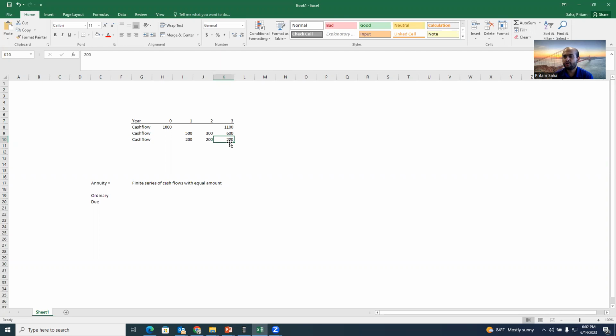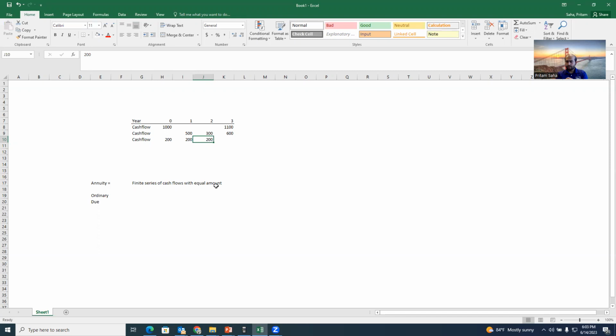Now, when you say our first cash flow will occur starting from year 1, but it's an annuity due. So due means cash flow will occur at the beginning of the period. So the beginning of year 1 is basically year 0. The beginning of year 2 is basically year 1. The beginning of year 3 is basically year 2. Now, if you look carefully,